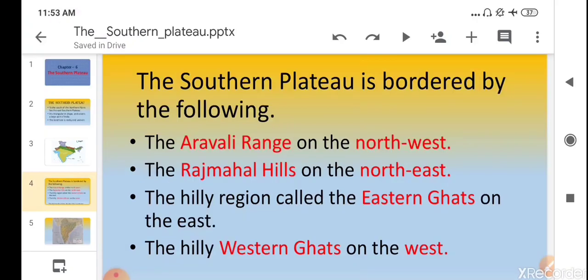Children, the Southern Plateau is bordered by the following. What are its borders?